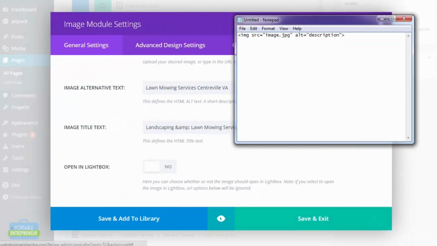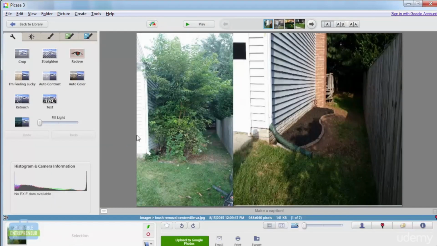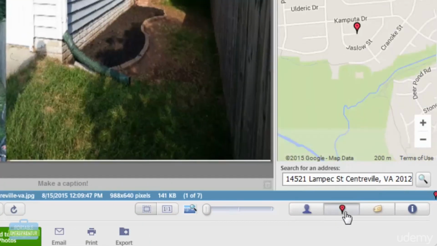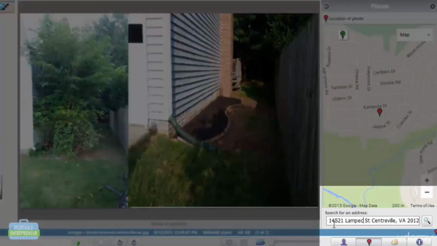Now let's take a look at actually geotagging images. I use Picasa to actually geotag images. Now this is going to import a lot of the images that are on your computer, but I have a couple of the images for this company here. Now if I double click on the image, on the right hand side you'll see this little icon. It looks like it's an icon for the map, which is exactly what it is. Now what I would like to do is I would need to come down to this box here that says